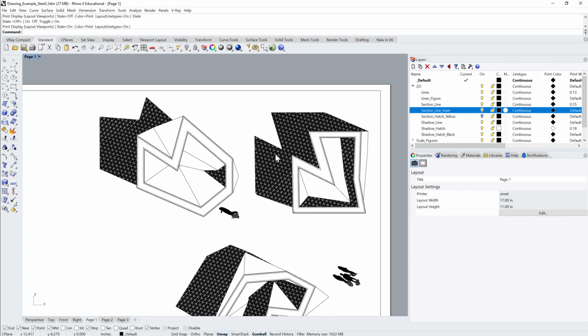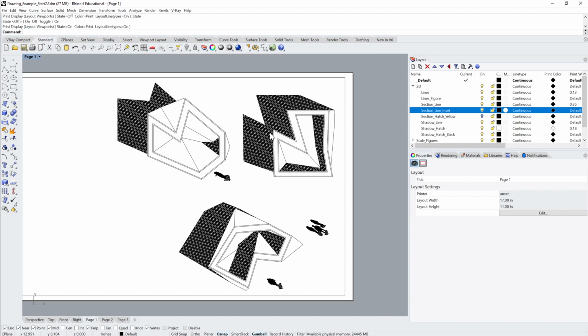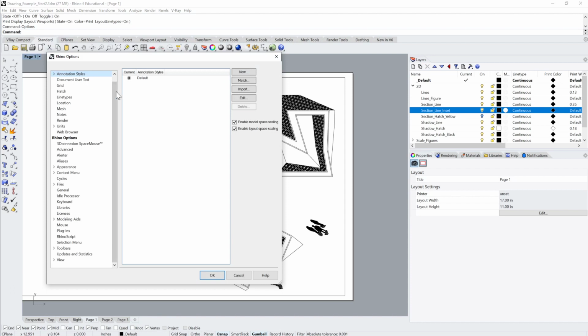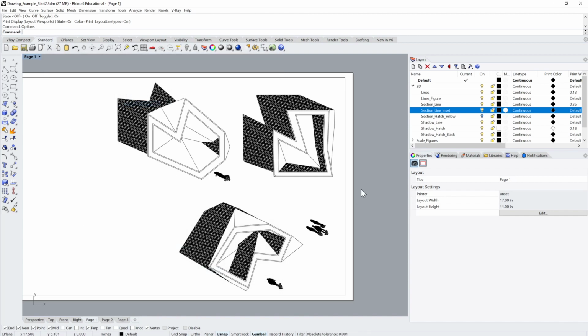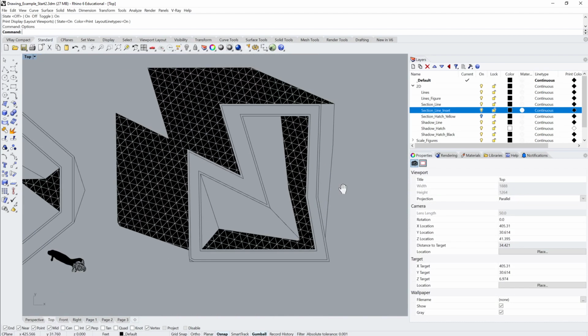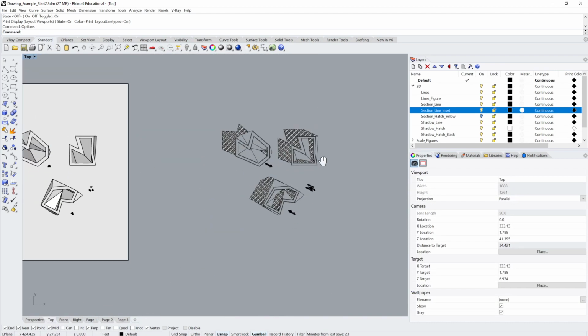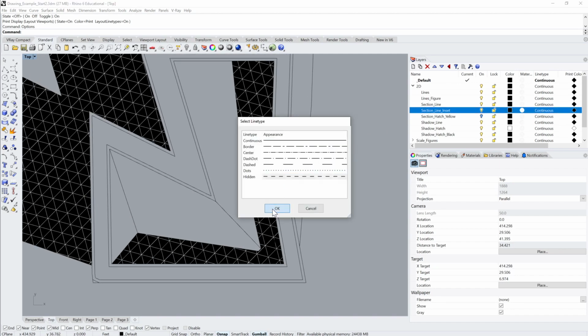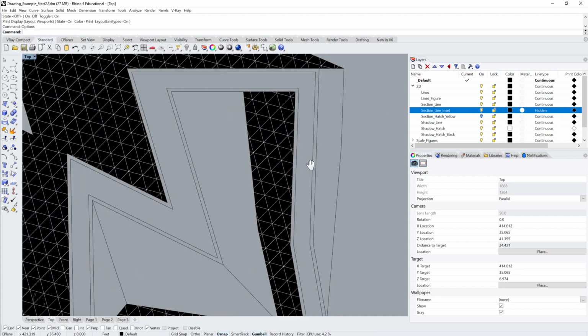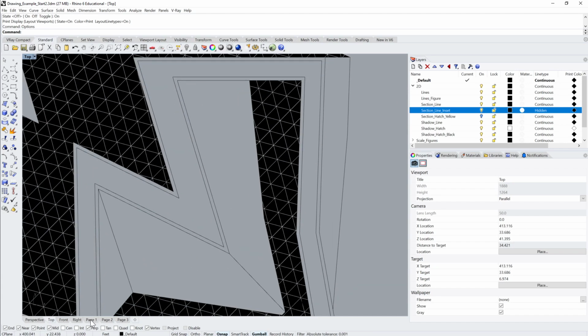And so we adjust line styles in the Rhino options. If I type options here, and then scroll up to the top, the top one is annotation styles. Actually, no, line types. Here we go. We want line types. The line type scale is set to 1, and that's fine. And if I go to the top view here, so in the model space, if I turn on the line type continuous hidden, okay, it's not showing up. Now it is showing up here,